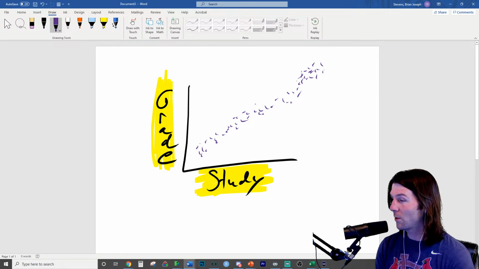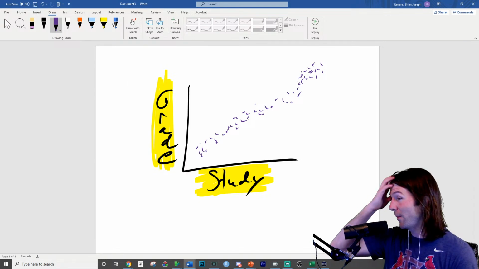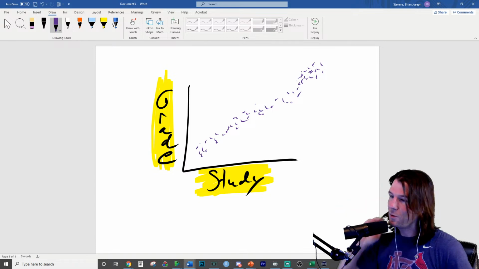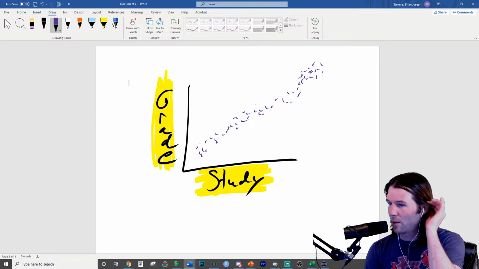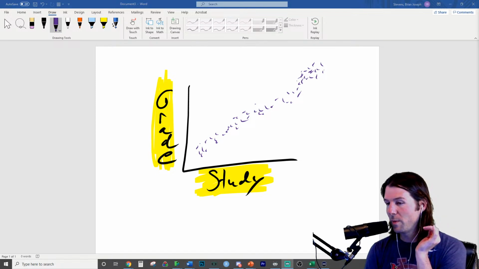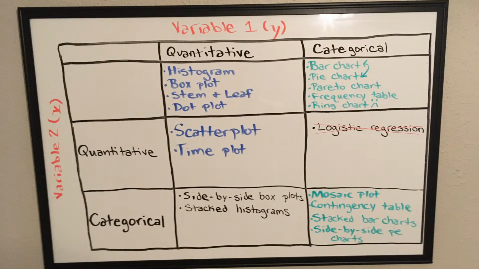Why were the other answers incorrect? This is the only one that's required to make a scatter plot. Let's say you have two categorical variables. What would you be making if you had two categorical variables? Great question, Lucy. Here's the hint on the screen. Mosaic plot. Yep. And when would you be making a histogram?